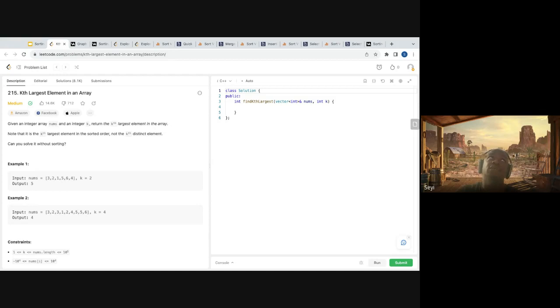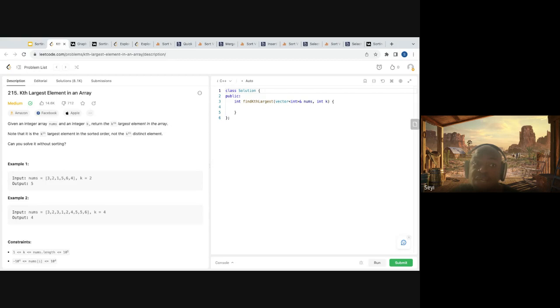But then, if you are looking for the kth largest element in an array, right? So let's say we sort the array. Can we know the index the kth largest element should be if we sort the array? That's the thing. It's not trivial, because if we sort the array now, so k is 2, right? In this case, we are looking for the second largest element, which is 5. If we sort this array, 5 will be in the second to the last position, right?